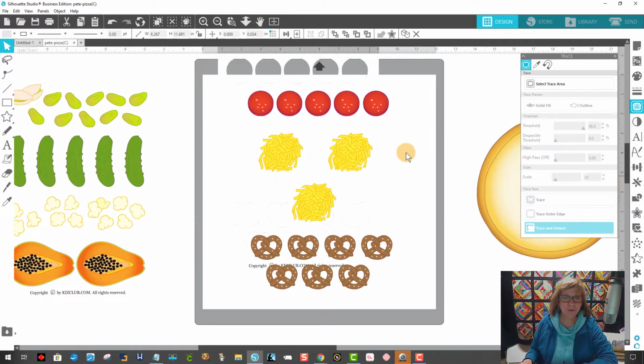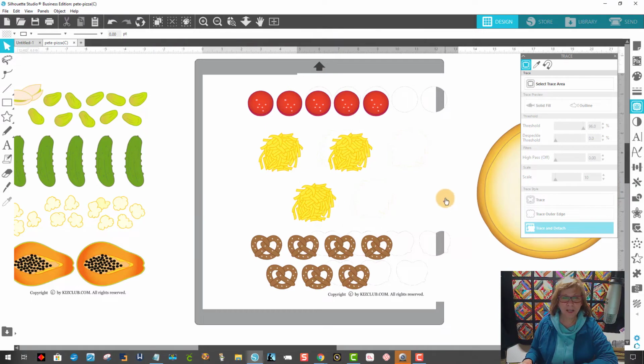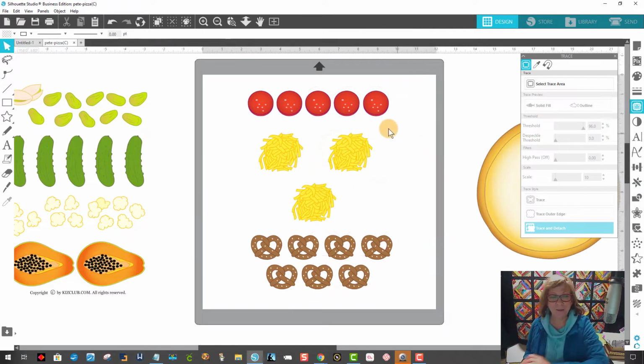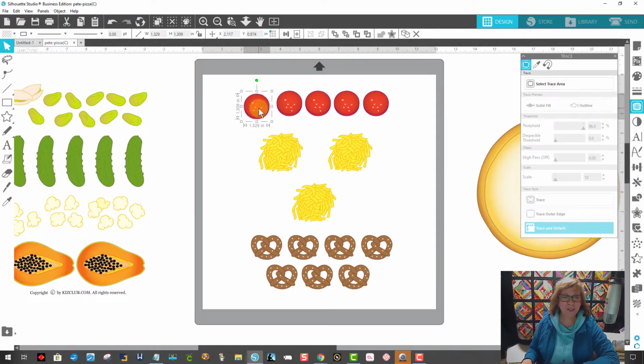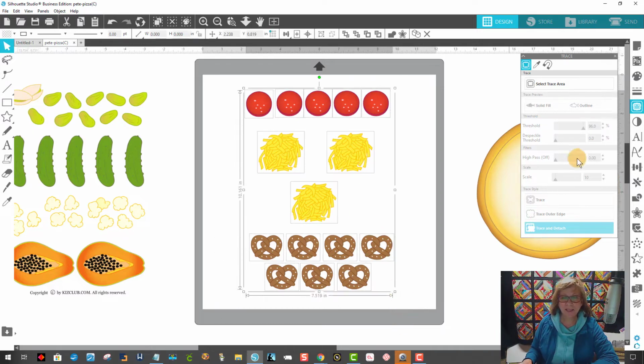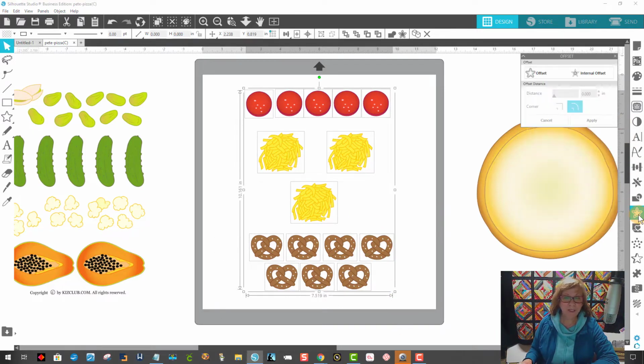So now I can move this white sheet out of here, click on it to highlight it, hit delete on my keyboard, and now I have all these little individual guys right here. But you know what? Before I move these, I might as well just add the offset to them all. So I'm just going to, if they're far enough apart, let's see. Let's try it. If I leave it like this, and if I come over to the offset panel, say offset,